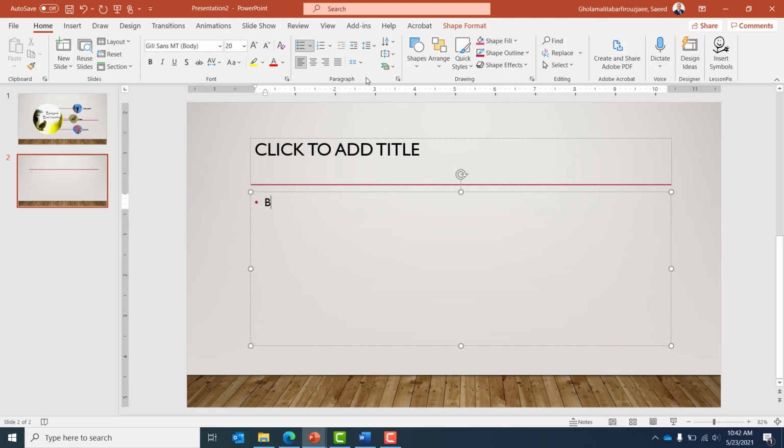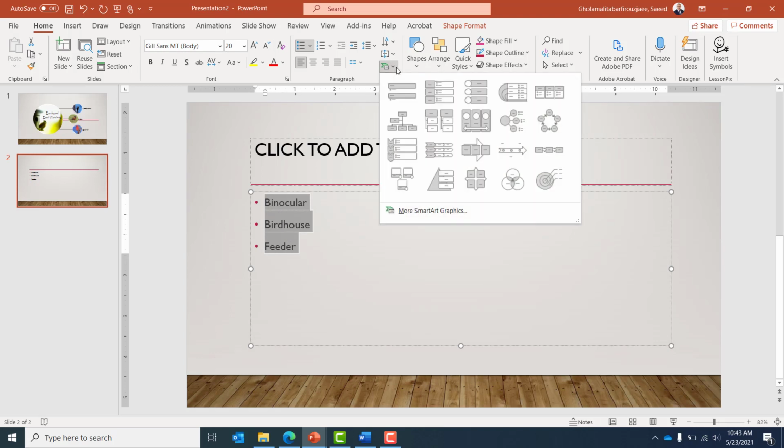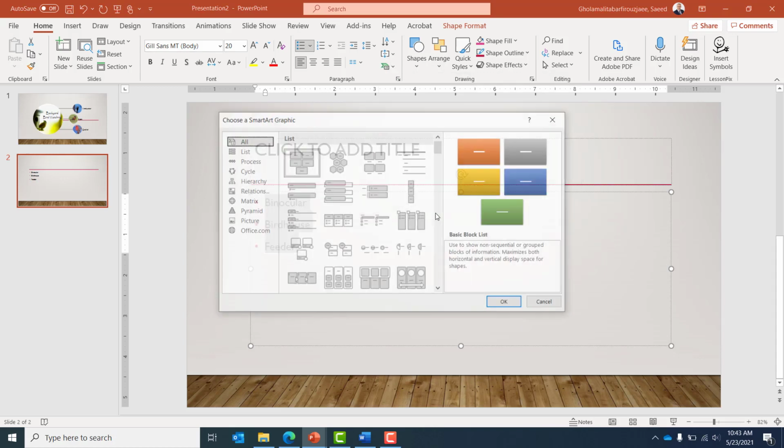So for the first one, binocular. Second is birdhouse. And for the third item, we have feeder. Okay. Here is the bulleted list, and I'm going to create a SmartArt from this bulleted list. From this, I'm going to highlight these 3 bulleted lists and then go to SmartArt, more SmartArt graphics,